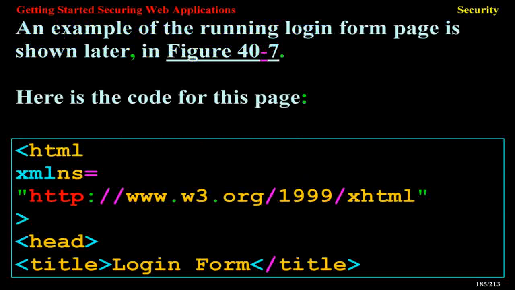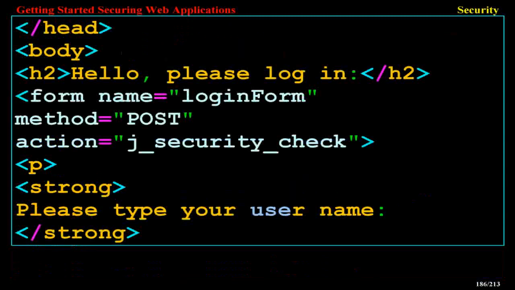Here is the code for this page. <html xmlns="http://www.w3.org/1999/xhtml"> <head> <title>Login Form</title> </head> <body> <h2>Hello, please log in:</h2> <form name="loginForm" method="post" action="j_security_check">